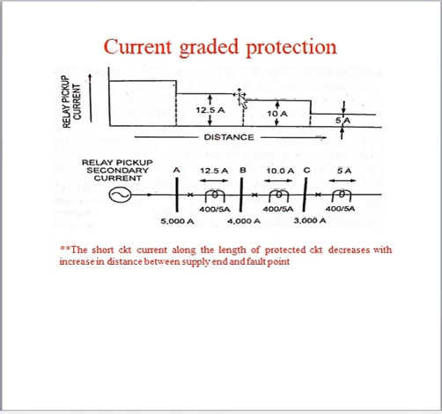This is current graded protection, and you can see that using CTs we are sensing the current flowing through this line. Here also CT, here also CT. That CT output we are giving to this relay as well as this relay as well as this relay as well as the main relay. All are connected like that. And next we can see